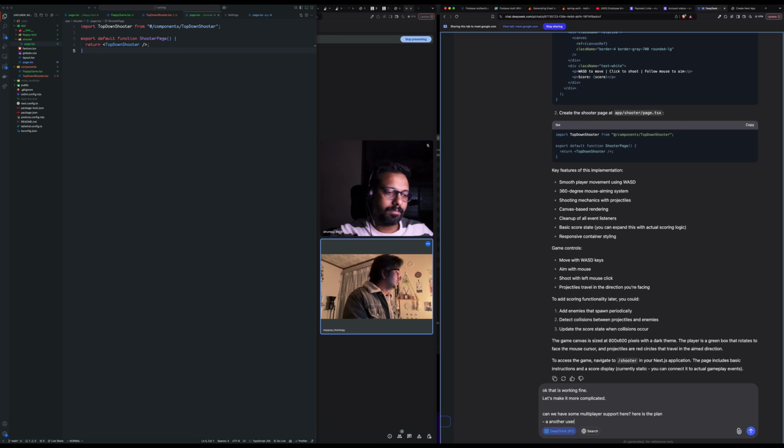Another user should be able to join the game from another tab. ठीक है, ये होना चाहिए ना कि दूसरी टैब से गेम में एंटर हुआ, then